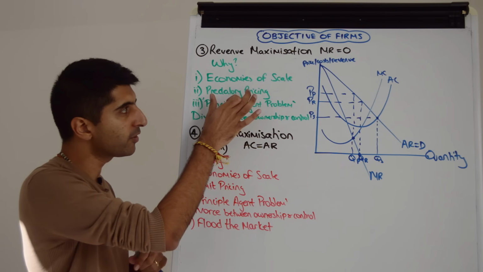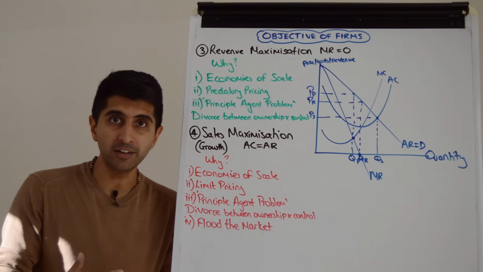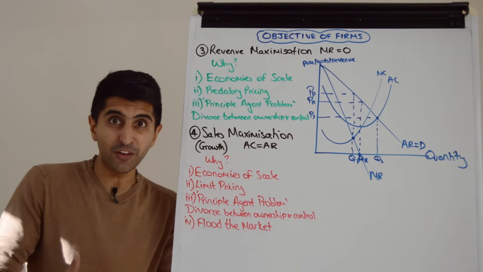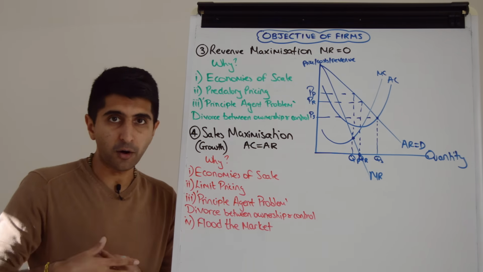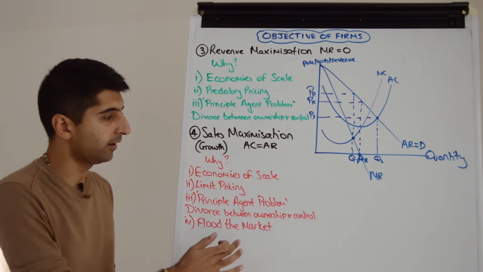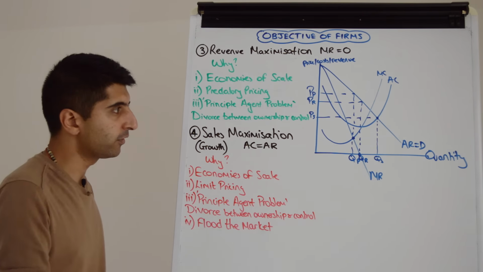So this is not like predatory pricing where you're trying to drive out competition, a dirty tactic there. This is a different dirty tactic where you try and limit competition. Both price strategies are illegal because they restrict competition, but a business might still go for it. So there's a reason there.